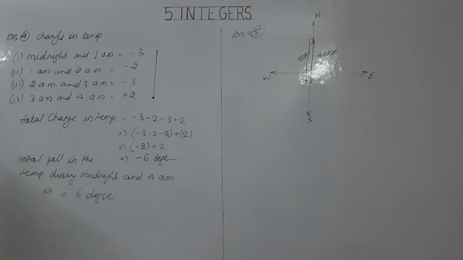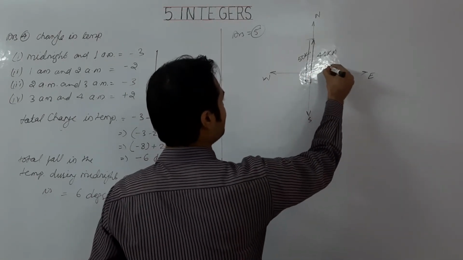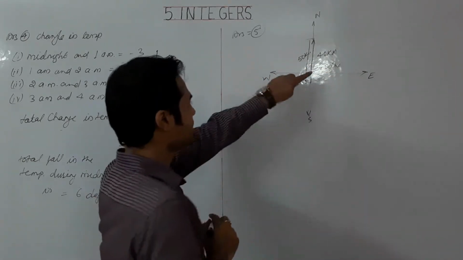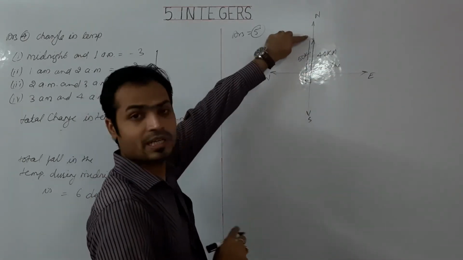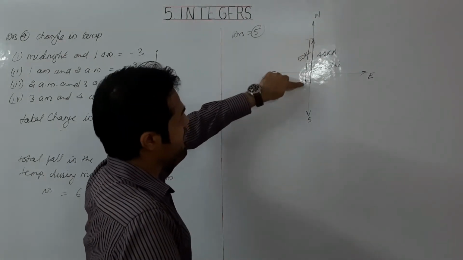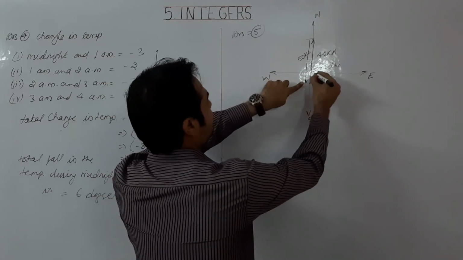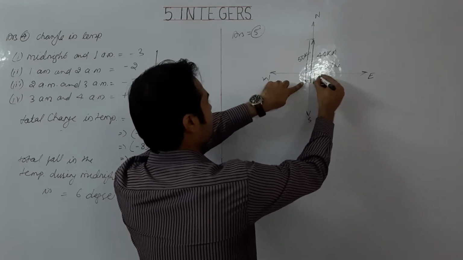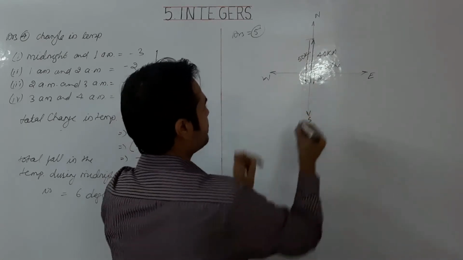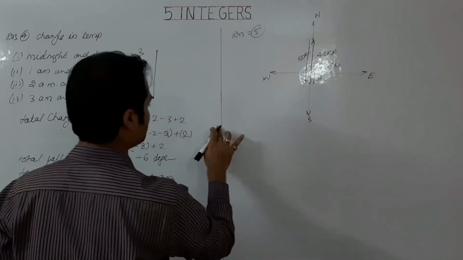How far from Delhi was the car finally? And this is Delhi. This point is representing Delhi. So from Delhi, 40 kilometers up, or in north direction. Then from this point again 50 kilometers down, or in south direction. So now the car is somewhere here and the distance is 10, 50 minus 40, 10 south of Delhi. So in words, what to write?